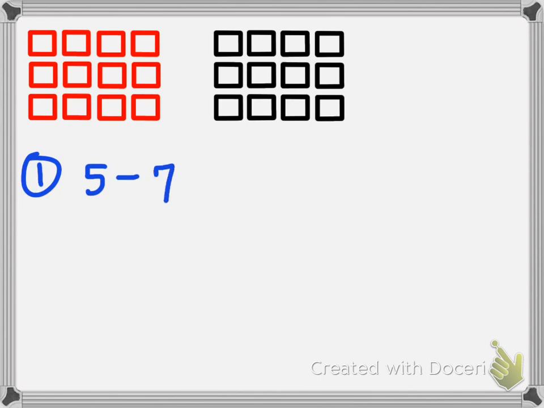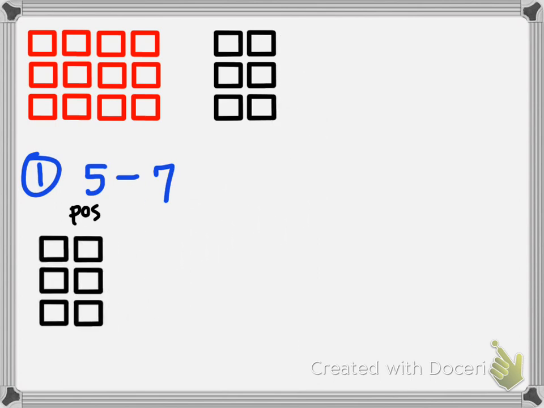minus 7, okay? So the first thing that we see, obviously this 5 is positive, so I'm going to go ahead and gather up 5 of my positive algebra tiles. And it looks like I accidentally grabbed a 6th, so let me get that back. But now I can turn this into an addition problem and put the negative with the 7. The negative was with the 7 anyways, but making it plus a negative sometimes just helps my brain see it